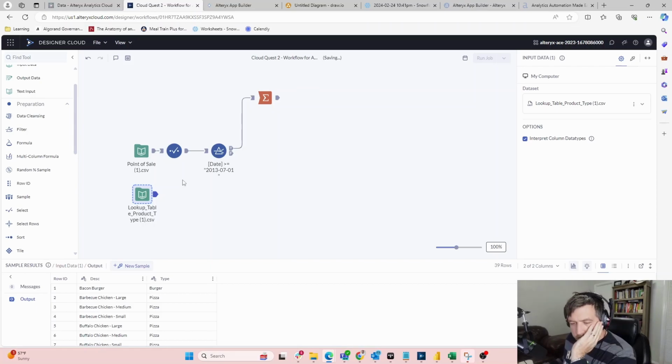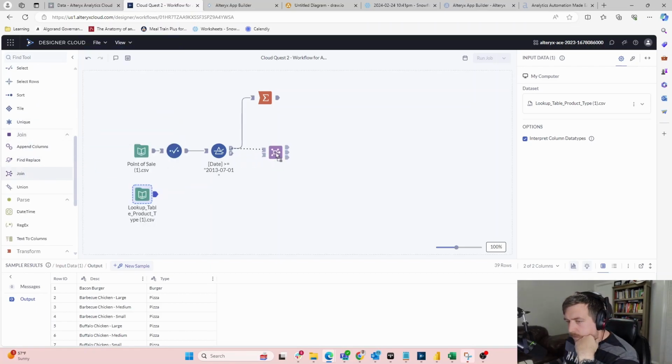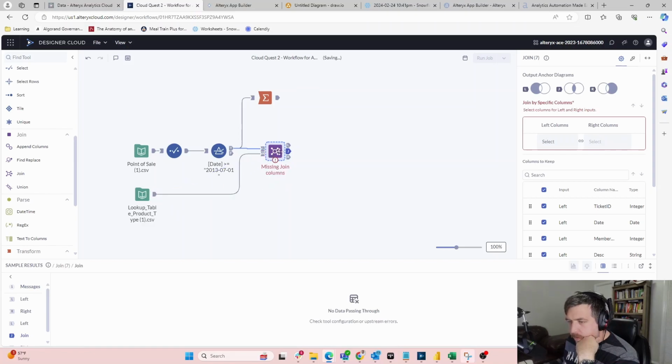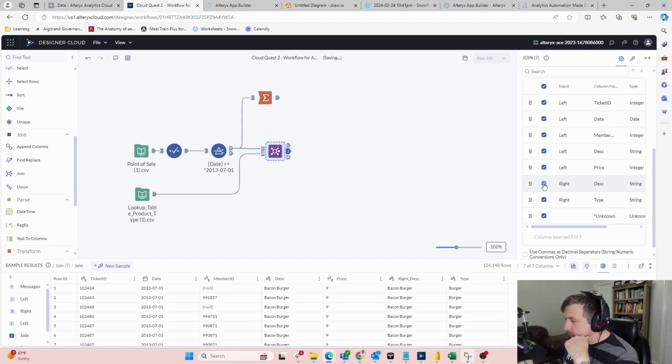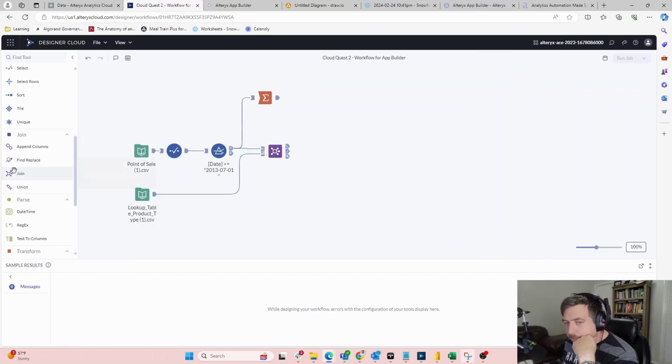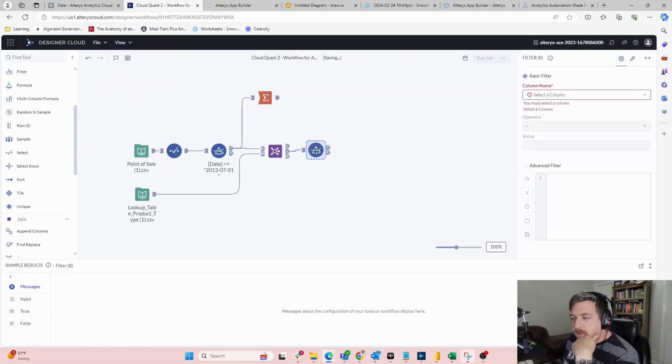Okay, so what I need to do is, I need to do multiple filters. I need to join here. We're going to need to do a join. My hand in front of my face can't hear me. It's probably better for you. Let's see, description. I don't need this description. I just need this type. Price might be in there somewhere eventually, but then I need to do a filter. And essentially what I need to do is say,